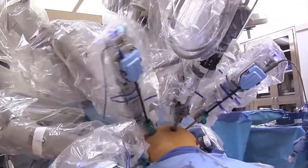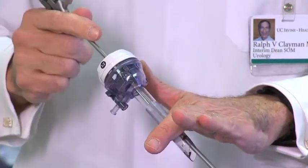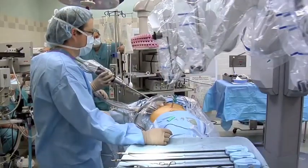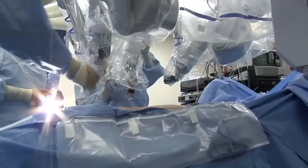And now your skin incision is literally smaller than an inch. You can put all sorts of instruments through this. This happens to be a needle holder, and under the camera's guidance, you can open it, you can sew with it, and do anything you would normally do through an open incision. So instead of traditionally using a scalpel, making an incision and working, now you have 3 or 4 little drilling spots. Exactly, and you're working in a much smaller...